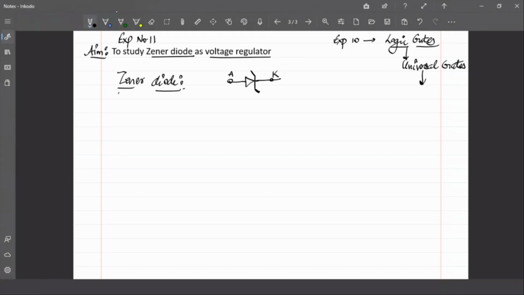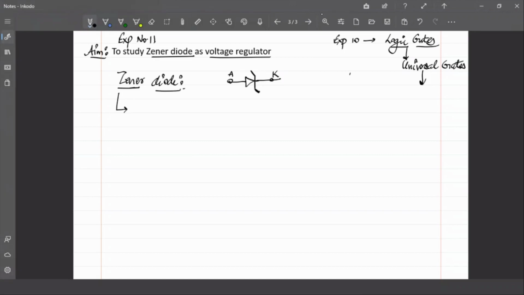Now, what is the speciality of Zener diode? Anyone would want to share it? Online students, everyone, anyone can answer. Like, what is different in a Zener diode when compared to a normal PN junction diode? Because both of them are PN junctions only, but there is some difference here, because of which the properties of this diode will be different, as a result of which the applications are also varying.